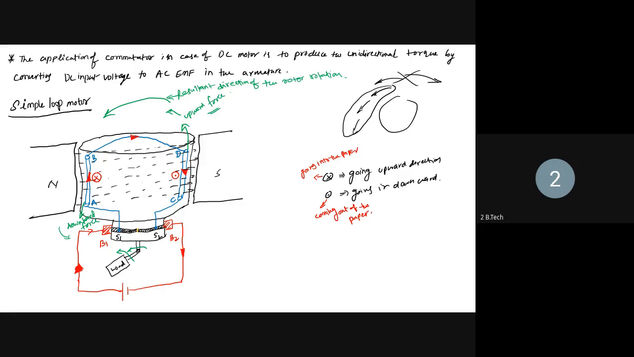So whenever after half rotation, the torque should be in the same direction, so that it will become a complete rotation. So after half rotation, the conductor CD will come under the north pole, conductor AB will come under the south pole. So you'll see that after half rotation,